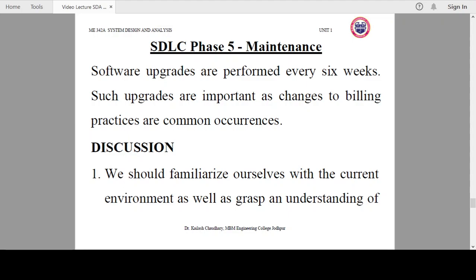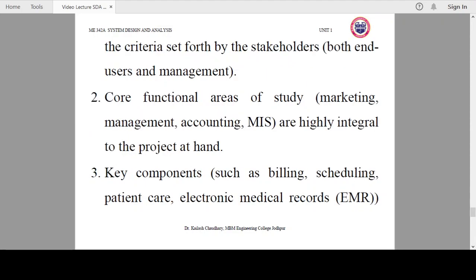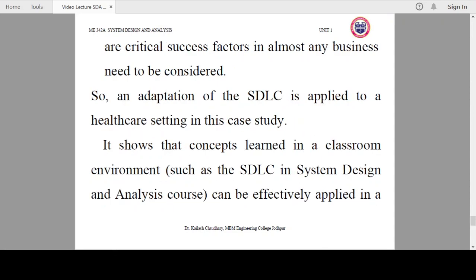Once we complete this case study, we should familiarize ourselves with the current environment as well as grasp an understanding of the criteria set forth by the stakeholders, users and management. Then the core functional areas of the study, that means marketing, management, accounting, are highly integral to the project at hand, and key components such as billing, scheduling, patient care, electronic medical records are critical success factors in almost any business and need to be considered.